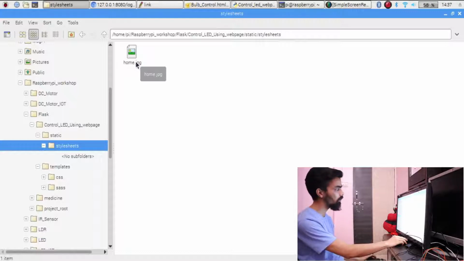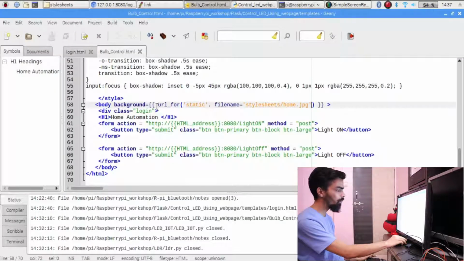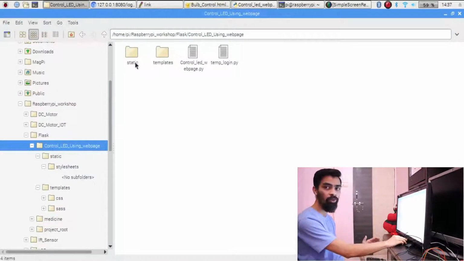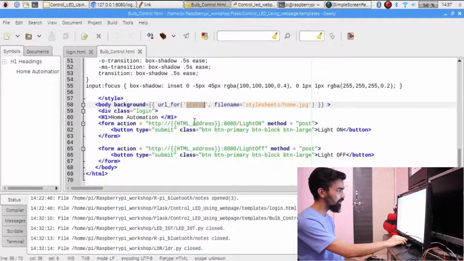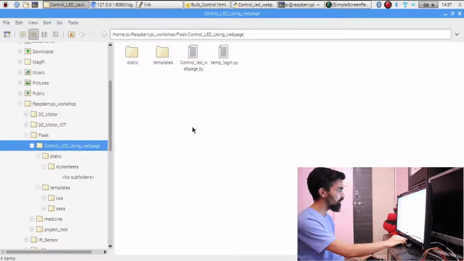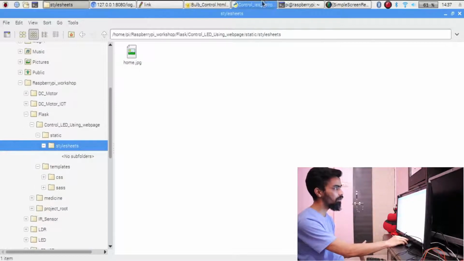So if you want to pass that path of the image into your HTML code, you call the url_for method. So url_for first is static. This static is nothing but the folder name. So you can see here this static, this is a folder name. This folder name should be exactly identical with this name, static. Then the path of your .jpg file. Inside static there is style sheet and then your file name. So you can see here the static, the style sheet and your file name. In this way you can pass the image to your HTML page.